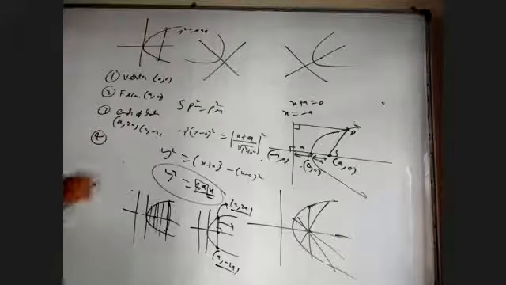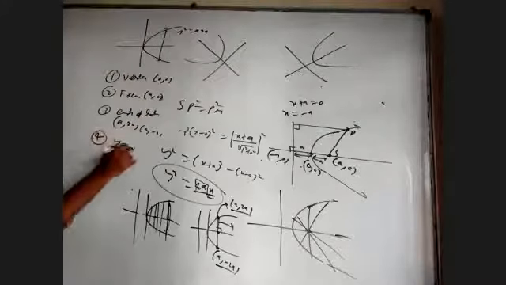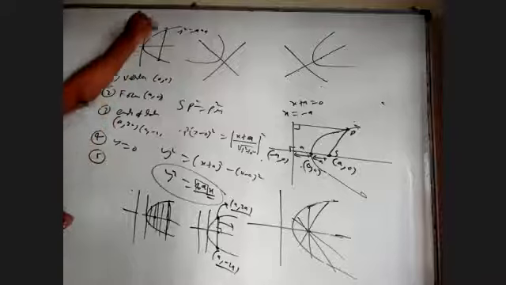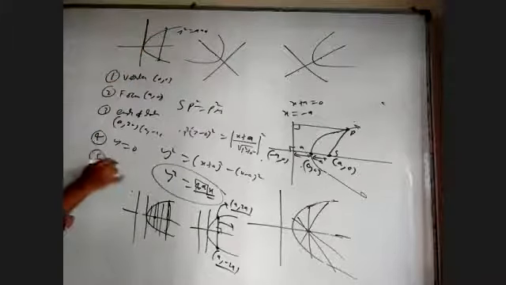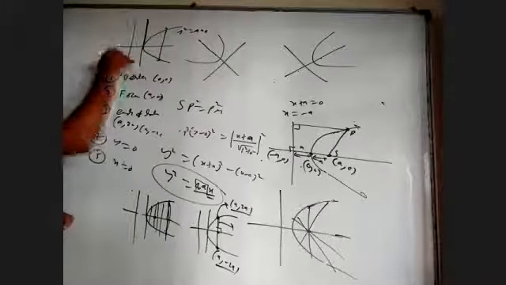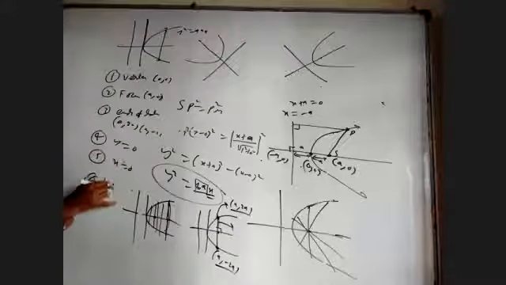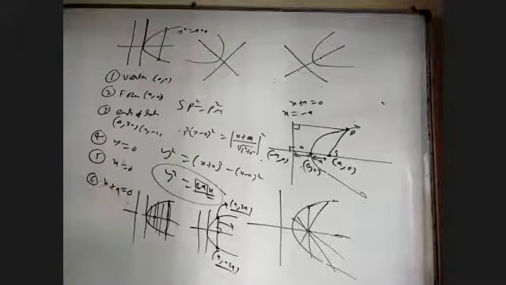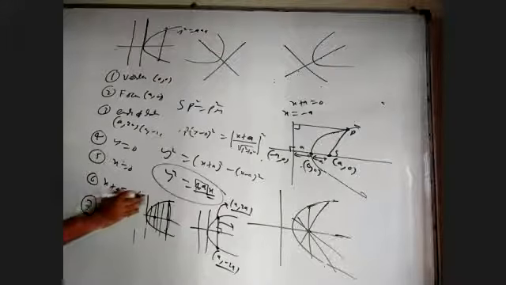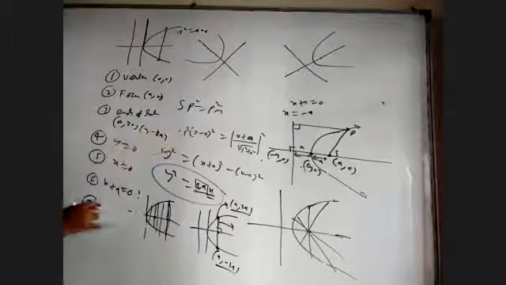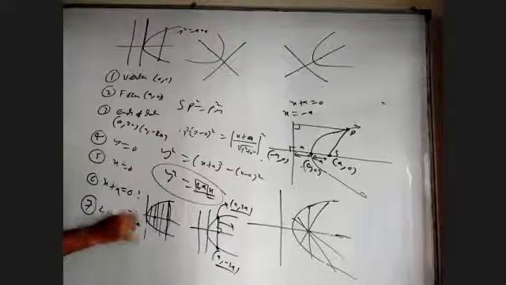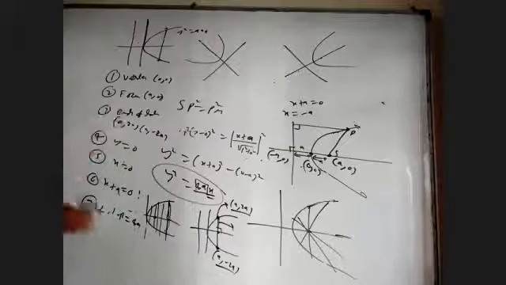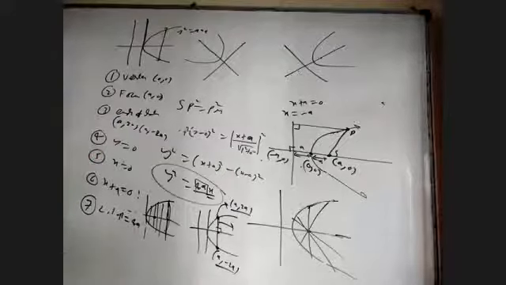Then we talk about the equation of the axis, which is the x-axis, y equal to 0. The equation of the tangent at the vertex, that is the y-axis, which is x equal to 0. The equation of the directrix, which is x plus a equal to 0. These are some standard points about a parabola. Of course, one more point may not be required here, that is the length of the latus rectum is 4a. So these are some standard things that we write.